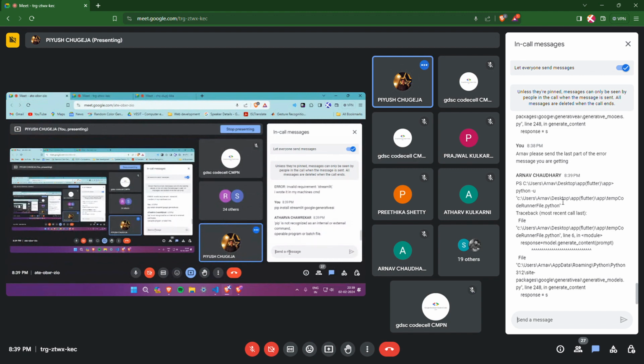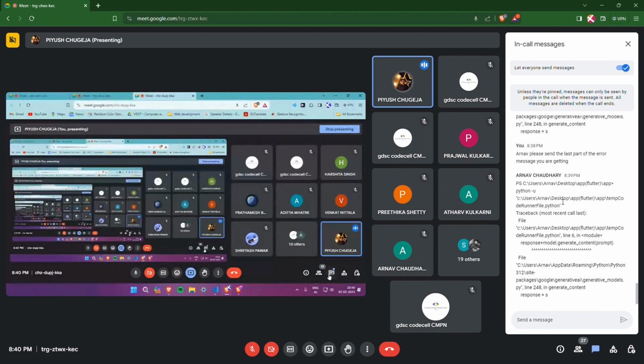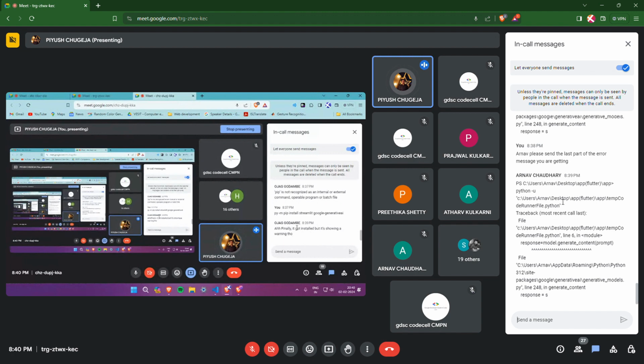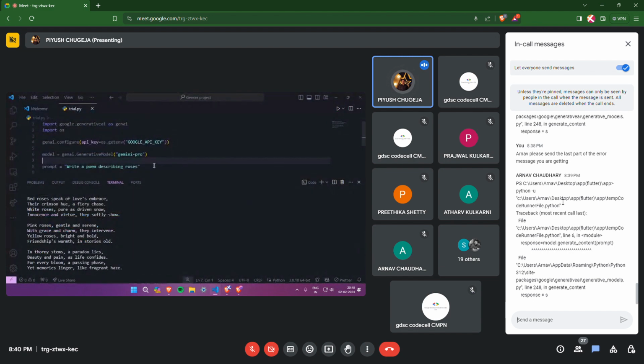PIP is not recognized. Alright. This should work. If this doesn't work as well, you might have to check your Python installation, Atharva. OJS, did it work for you? Alright, amazing. Yeah, that doesn't matter. Warnings are fine unless and until your actual project code doesn't run. Okay, warnings are fine. Let it be. Name error, name response is not defined. Okay, Shreyas, you might be having a problem with either the spelling, or something got imported by mistake. Make sure your code looks exactly like this. I'll also paste it inside the chat box.